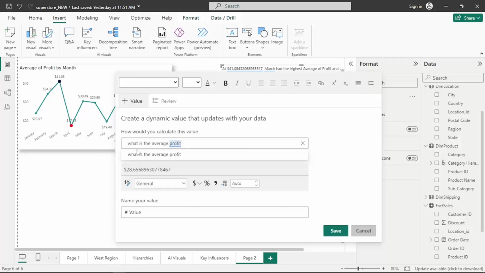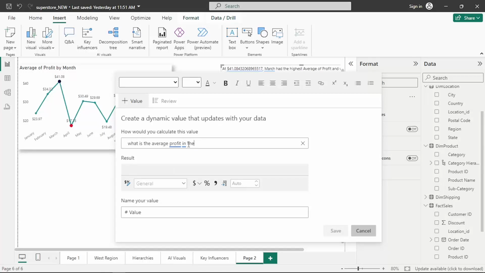As you can see, the smart narrative is recommending questions that I can ask my data. So, what is the average profit in the west region,